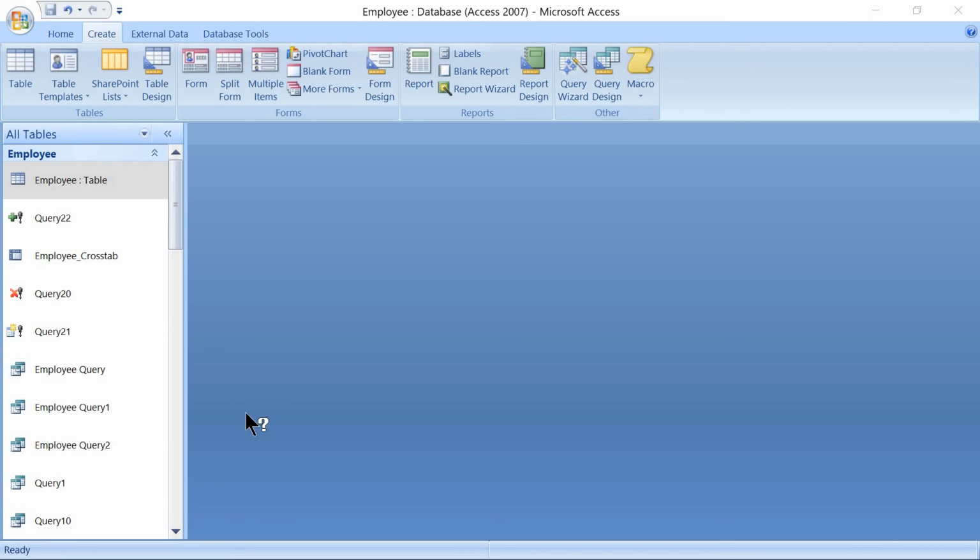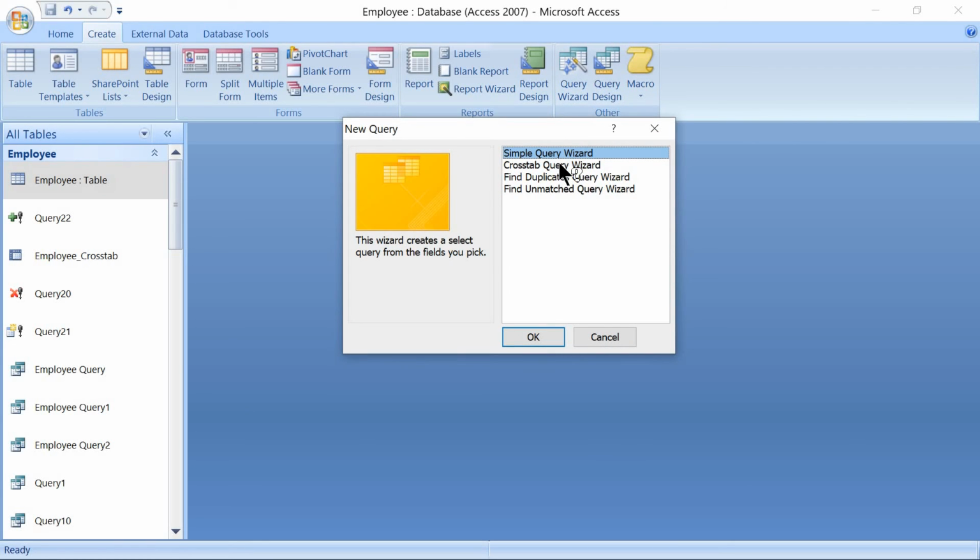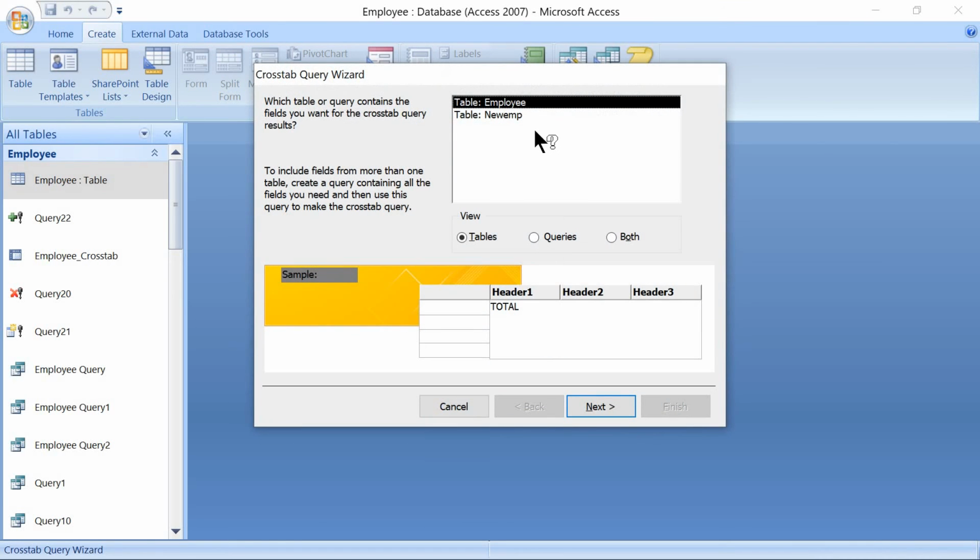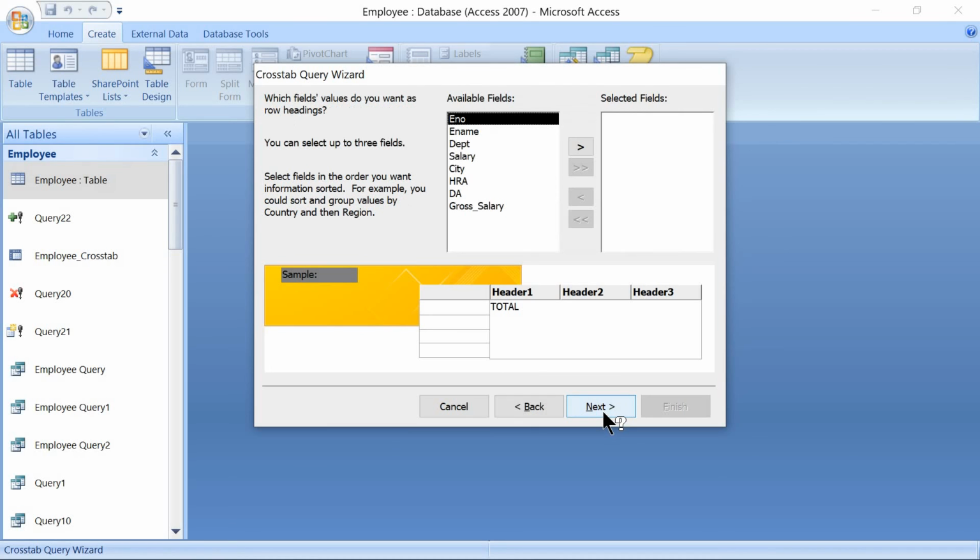Now let's go for one more example on cross-tab query here. Create Other Group, click on Query Wizard, then select for cross-tab Query Wizard, click OK. Later select for the table Employee. Next, and here we will take for the department on the row headings.